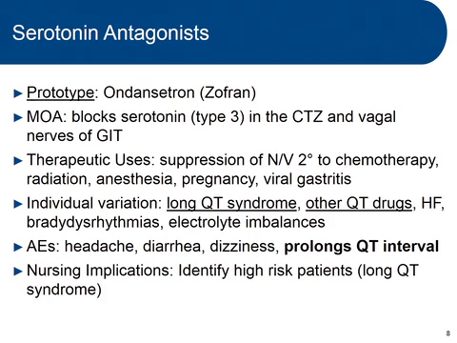Therapeutic uses: they're used to suppress nausea and vomiting secondary to chemo, radiation, and anesthesia, so both chemo-induced and post-op nausea and vomiting, as well as pregnancy, and even in some cases viral gastritis. Sometimes the nausea and vomiting could be related to toxins, such as those associated with either bacterial or viral gastritis. In some patients with viral gastritis, we will actually use the serotonin antagonist to decrease the nausea and